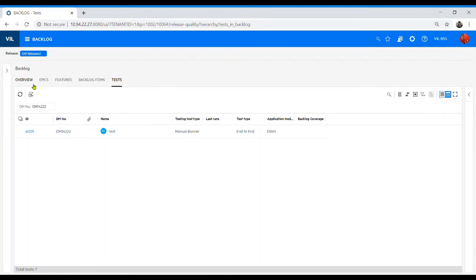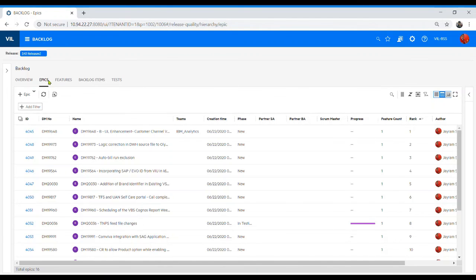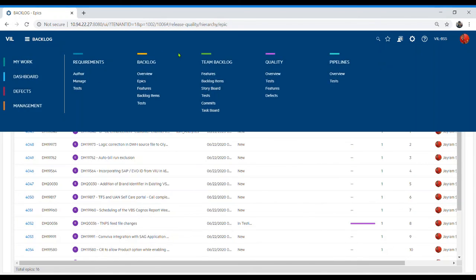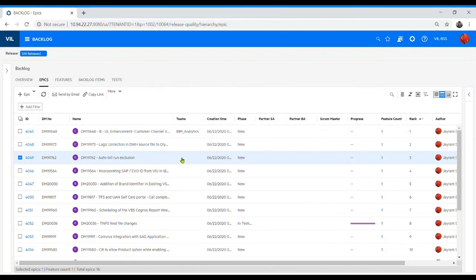Every time you do the planning with the Scrum Master and product owner, you need to visit this backlog and keep watching on a daily basis, like where we are, what is progressing, whether it's trending or not trending. That is the very first thing: backlog grooming is basically happening in this backlog item. And from there only we pick up for the planning, and then we go to the next section, which is the team backlog. I'll cover in the next videos what the team backlog is and what things we are going to monitor.